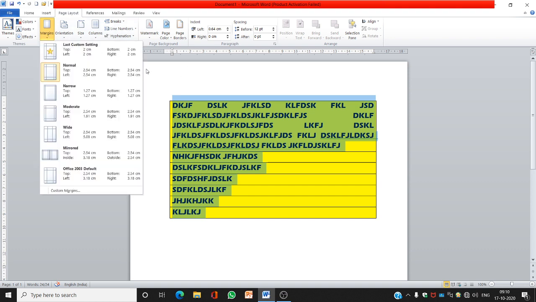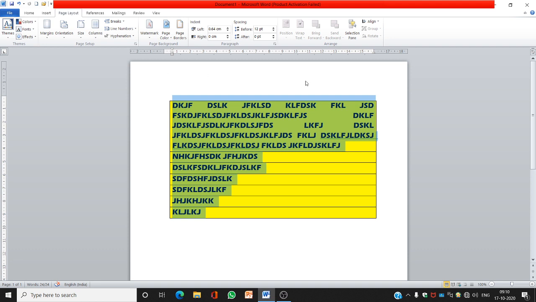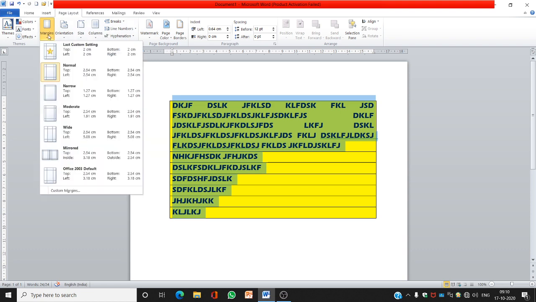You can see from the top, from this right side, from this left side. This is called margin. The white blank space on the edges of the page is called margin. So you can set the margin. Narrow margin you can set.